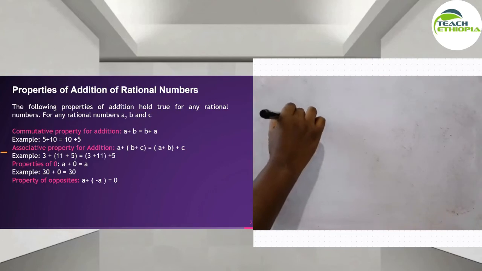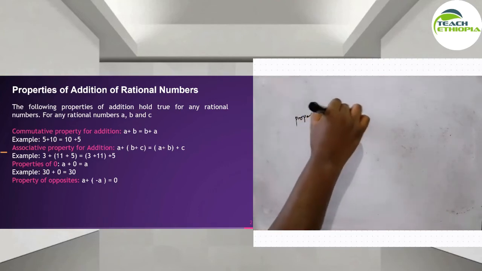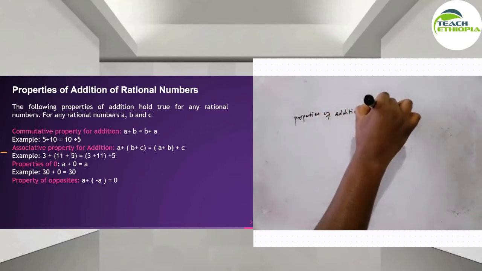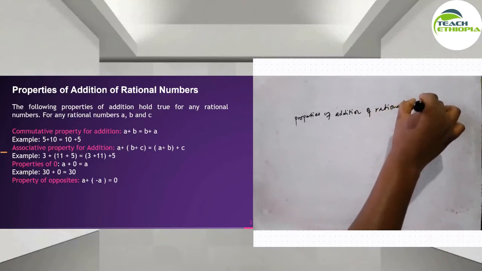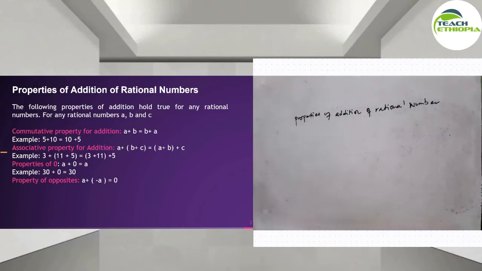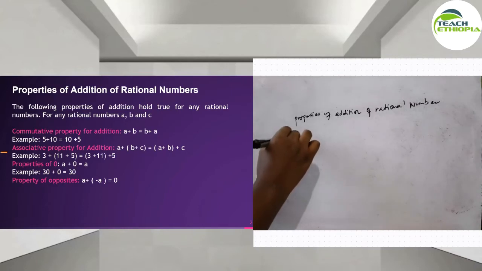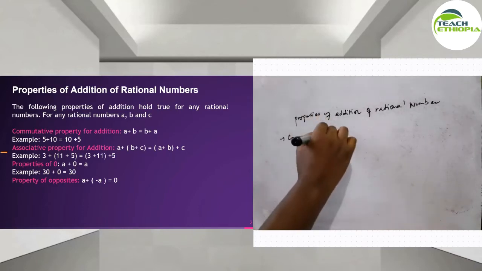Properties of addition of rational number. ምን አይነት ፕሮፐርቲዎችን ሆልድ ያደርጋል? የመጀመሪያው ቴስት ኦን ኮሚታቲቭ ፕሮፐርቲ። ኦኬ፣ ኮሚታቲቭ ፕሮፐርቲ